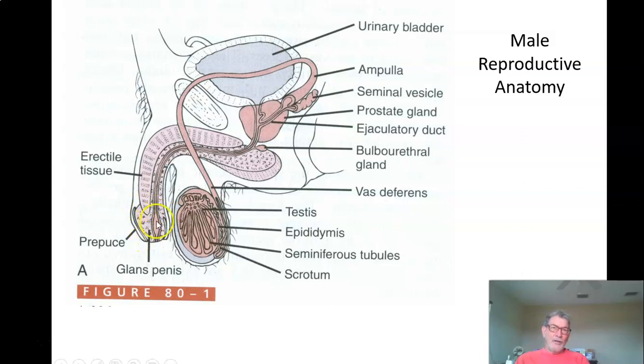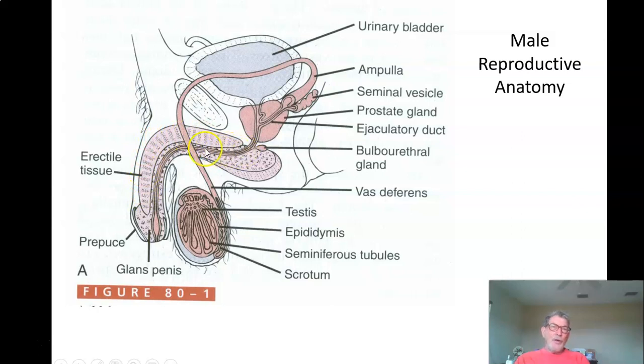The glans is very sensitive erectile tissue. Most males these days are circumcised, which takes the prepuce off, leaving the glans exposed all the time. Partly it's a religious thing and partly for cleanliness, because it's hard to keep this area in here clean on an uncircumcised penis. The erectile tissue on the upper surface of the penis is called the corpus cavernosum, and it fills up with blood during erections.